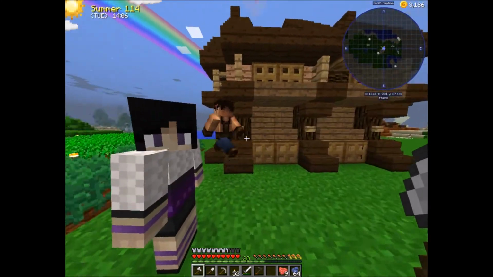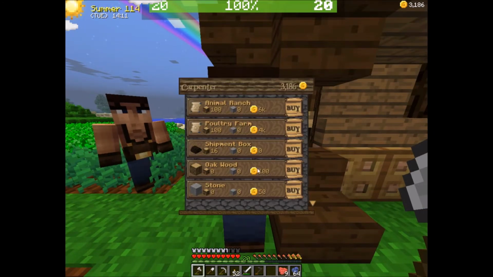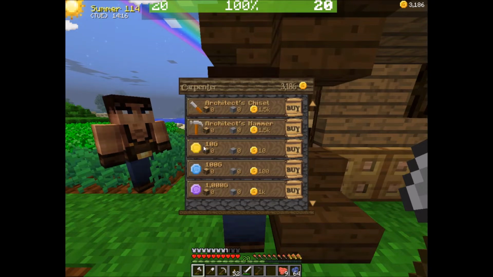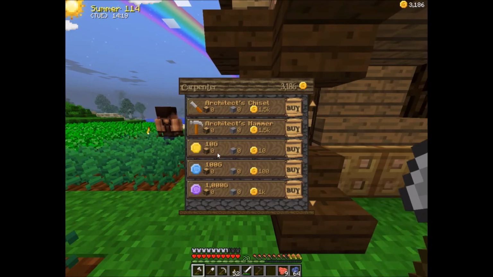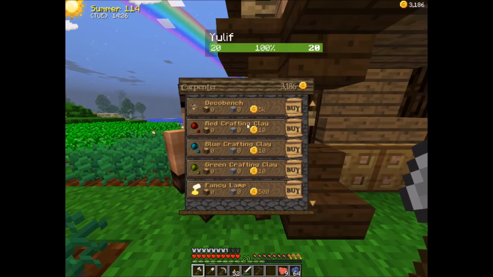So if I go over to Ulif, I can show you here. They'll actually build more than what's on here. If you scroll down, they'll do Architect's Saw Bench, Architect's Hammer. It's a money game, so there's a scoreboard. I need to figure out the commands for all that. I'm still in the very beginning phases of learning the game, but it's pretty awesome. It's just something I can